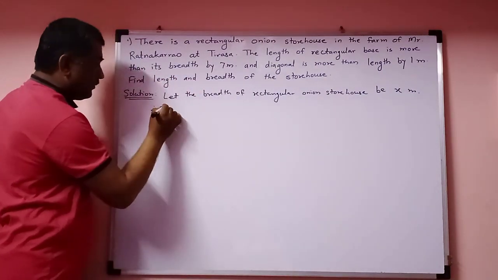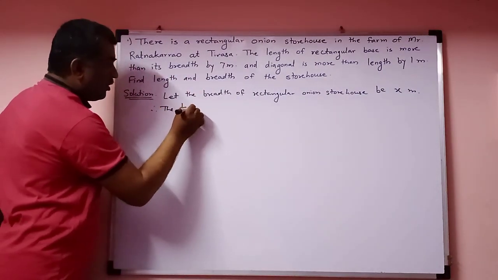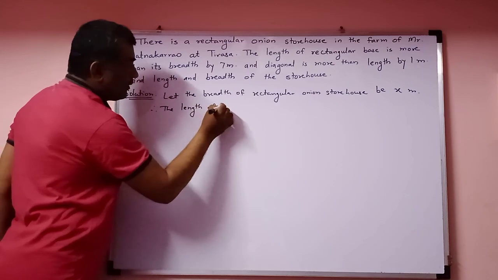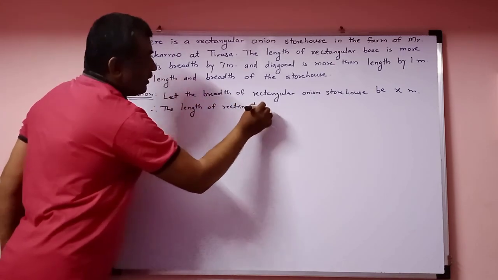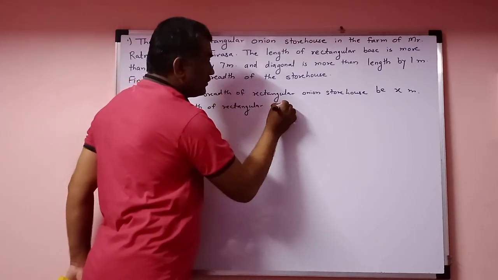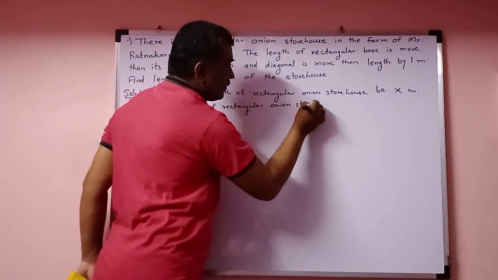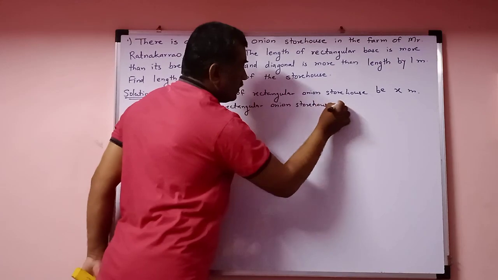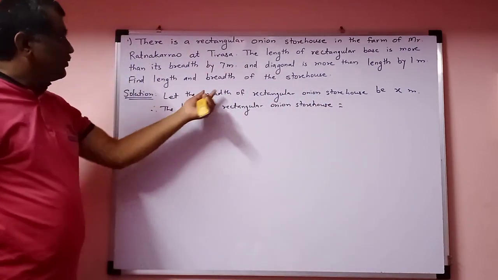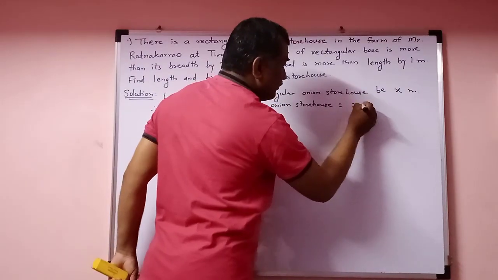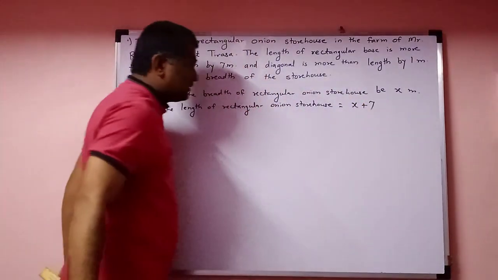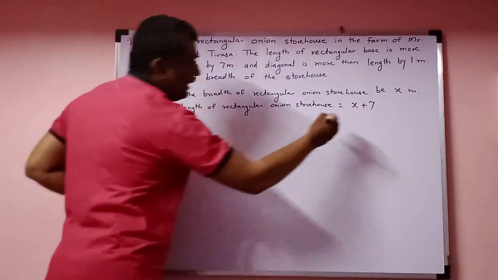Therefore, the length of rectangular onion storehouse is equal to, length is more than breadth by 7 means breadth x more than 7 means plus 7 and